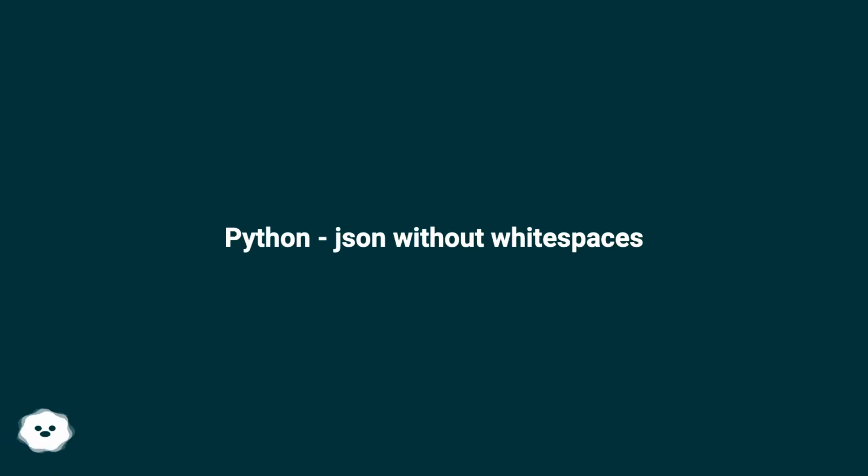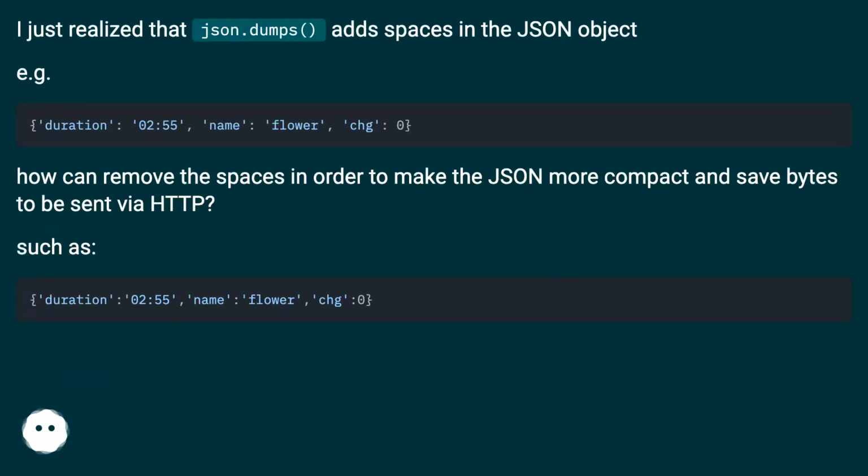Python, JSON without whitespaces. I just realized that json.dumps adds spaces in the JSON object. For example, how can I remove the spaces in order to make the JSON more compact and save bytes to be sent via HTTP? Such as